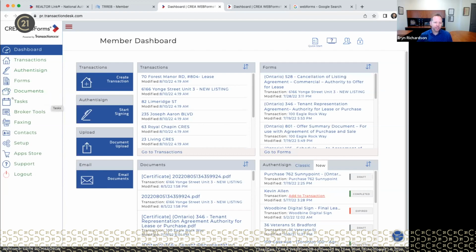As it relates to everything below that, you're not going to use it very often, if ever. Faxing, even contacts, it's usually within a transaction, so we don't typically go into contacts very often. Your setup, if you are looking to do certain things like clauses and having your own clause sheets and stuff, you can go into setup. But today what I want to do is just keep it simple and work with these 5 icons